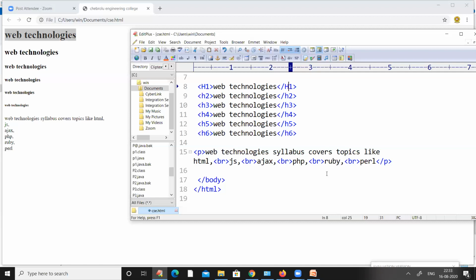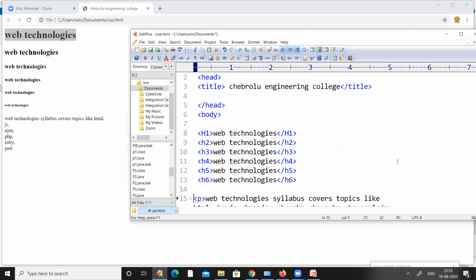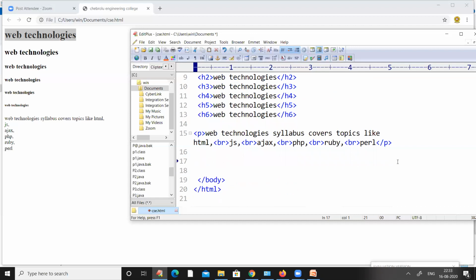And now let us check one more tag, and the name of the tag is the marquee tag. Write the tag, that is marquee.